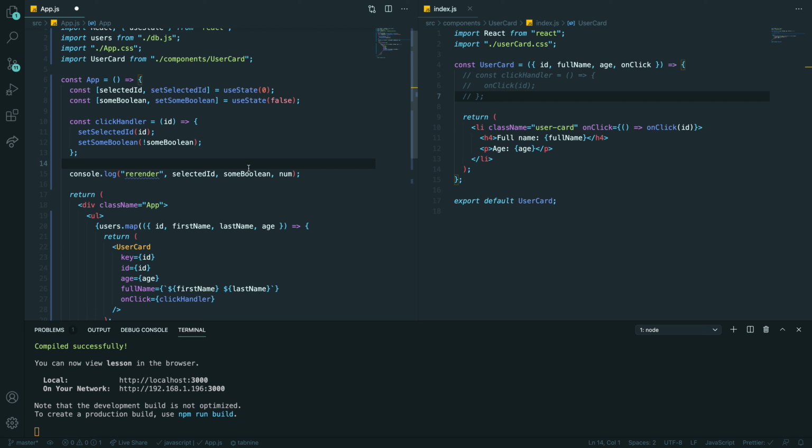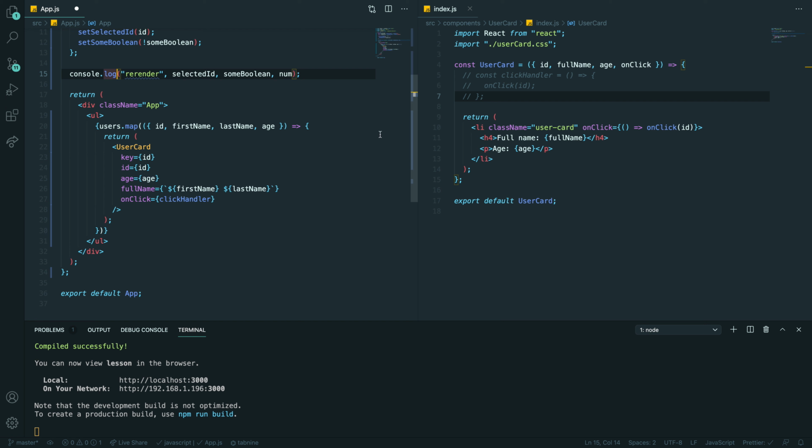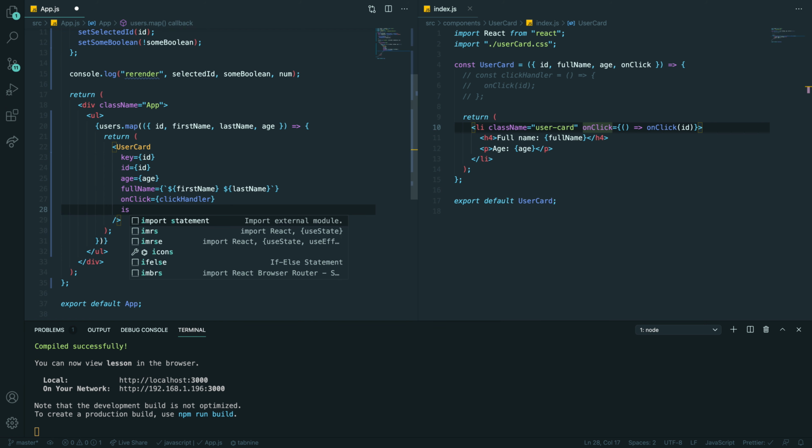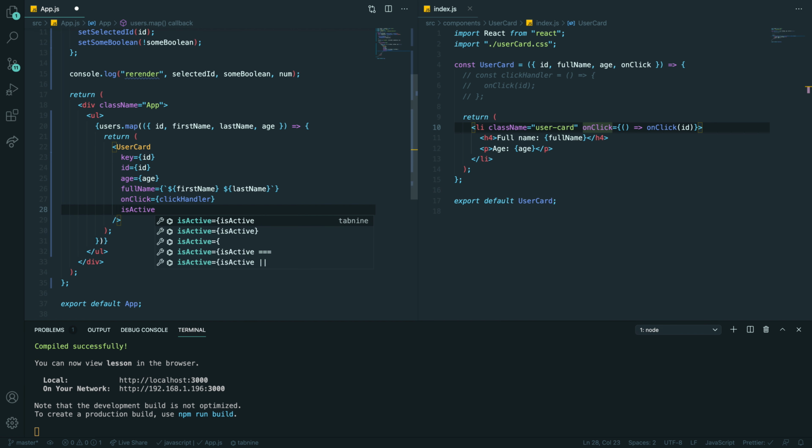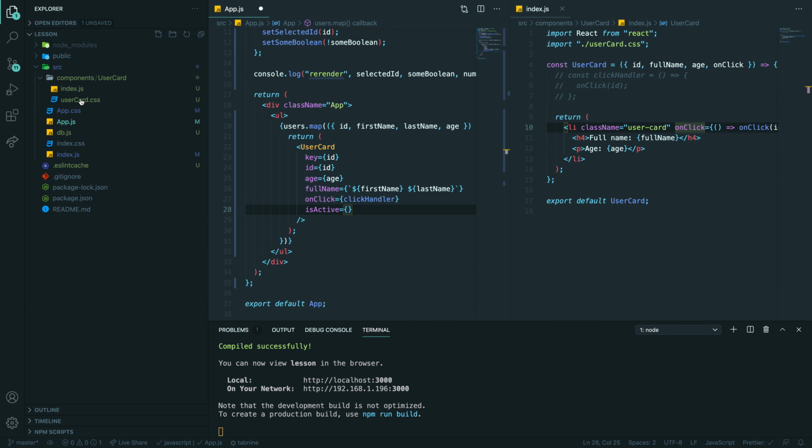Okay, let's actually trigger. I want to show you how you can build logic around that and mutate. Let's add isActive to our card. If it's active, I want to set a background to the card.